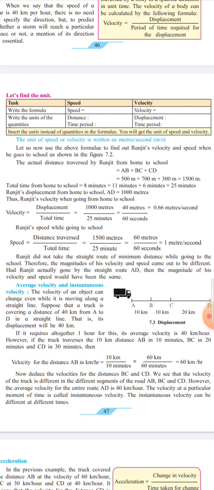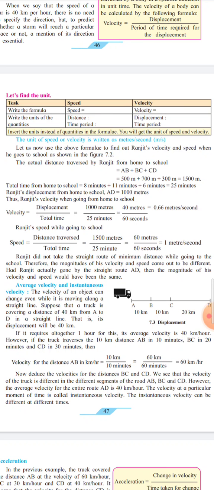So see figure 7.3, students. Here the total distance the truck has traversed is 40 km and time taken is 60 minutes. So if we put these values in the velocity formula, total displacement upon total time,